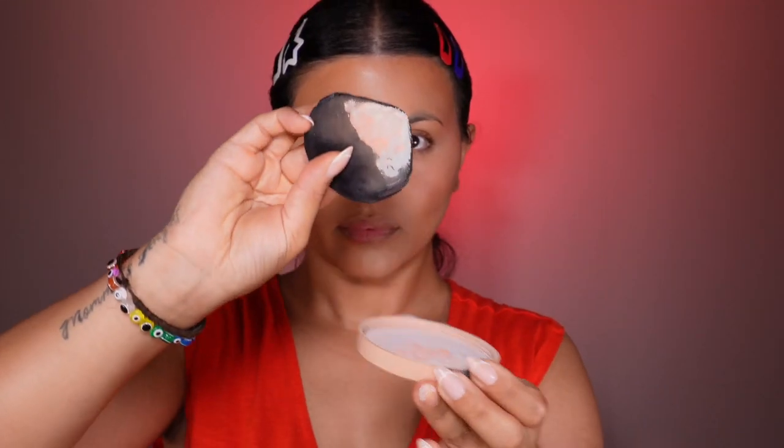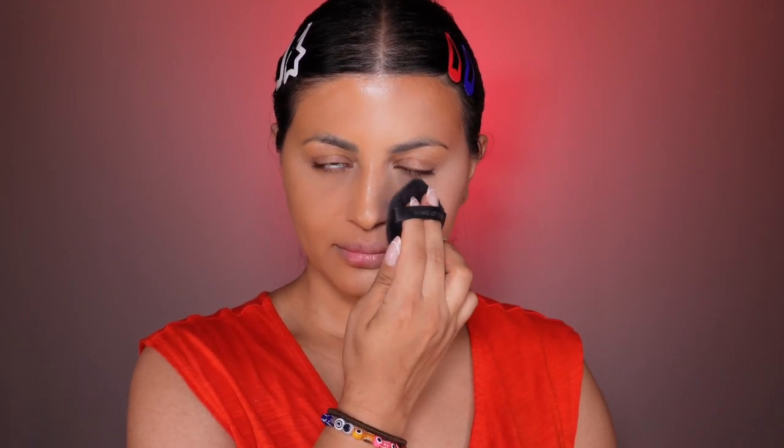The liquid blush will give you a touch of natural radiance, so apply a peachy or coral blush to the apples of your cheek, blending it up towards your temples for a youthful flush. Now I'm going to use this puff and the translucent powder, patting it on the back of my hand, making sure all the excess powder is removed, and then I'm going to set under my eyes, making sure